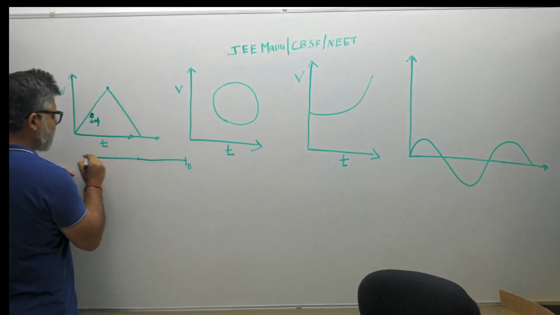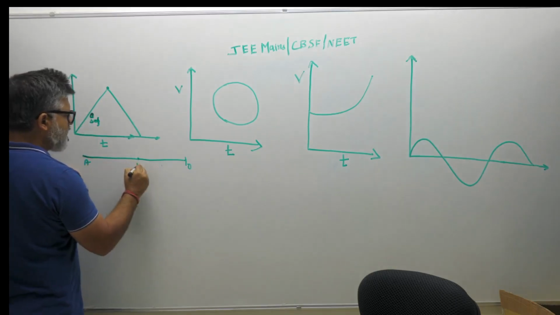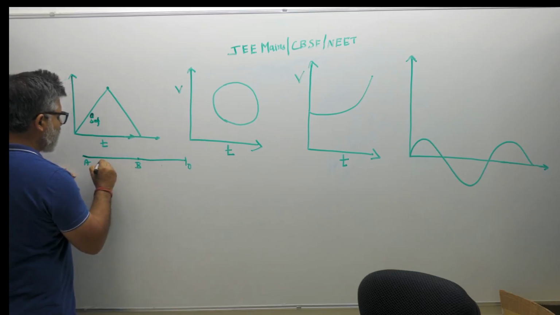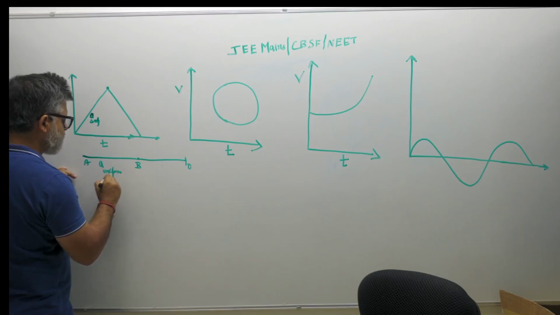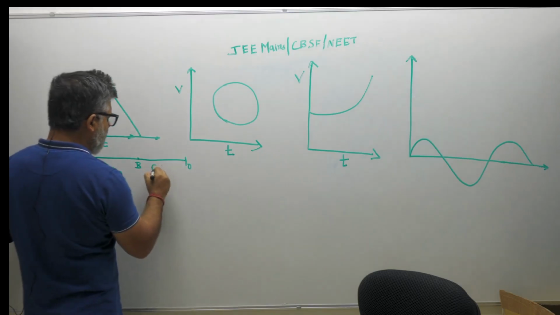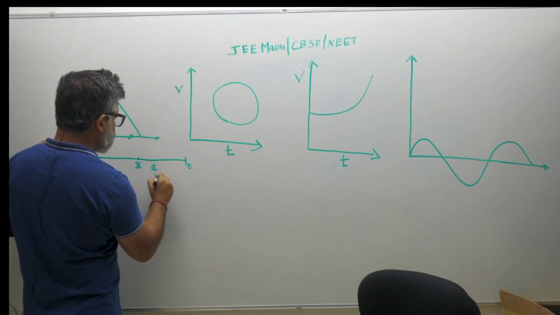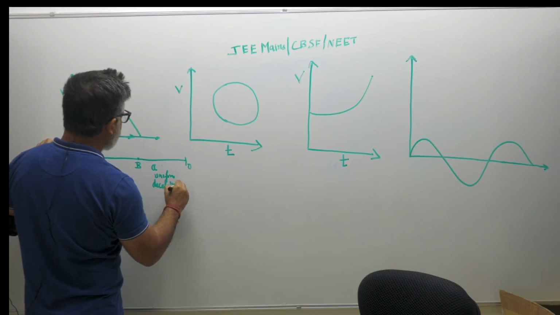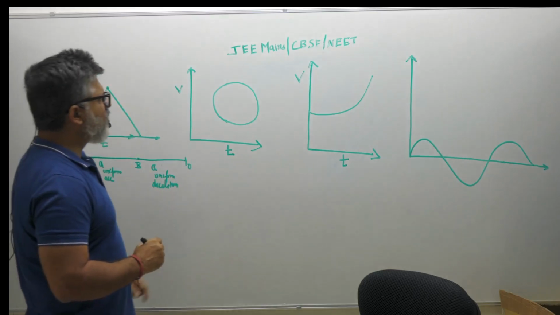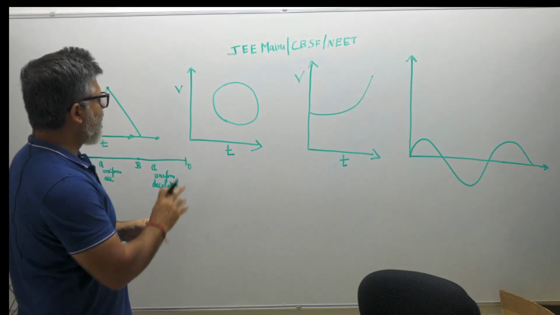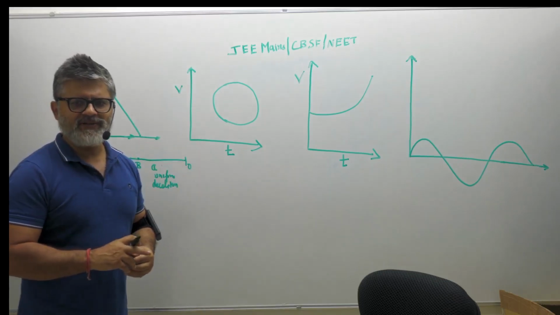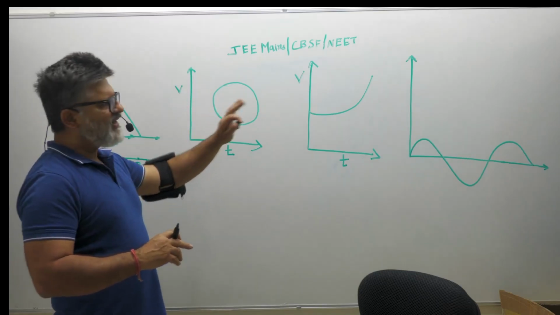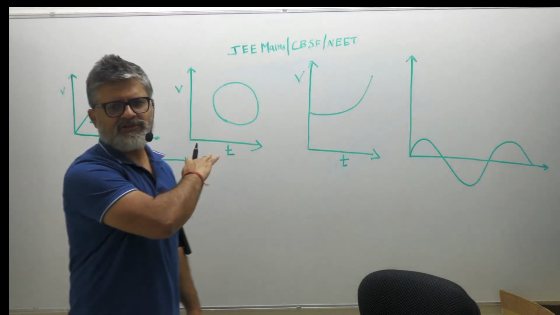So the first part, which is your AB, is uniform acceleration, right? The second part is uniform deceleration. It's in the same direction, but it is decelerating now. The velocity is going down. Let's talk about this figure. My initial reaction to this figure is I don't know what this is, so I will not analyze it. Let me go to the next one. We'll come back to this.